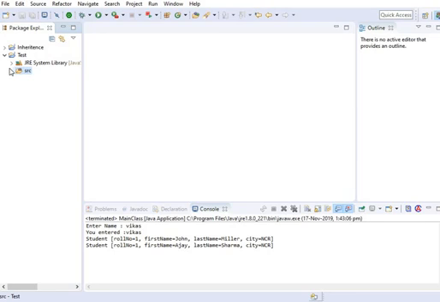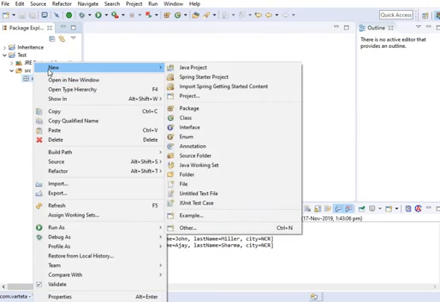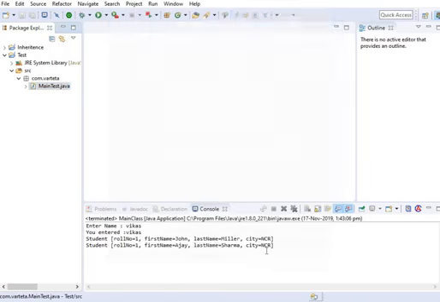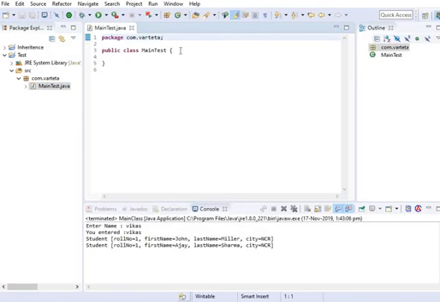Here I have created a simple Java project and there is a package com.vartita. First of all, I am going to create a main class for this project. I am just creating a simple class and creating the main method in that class.